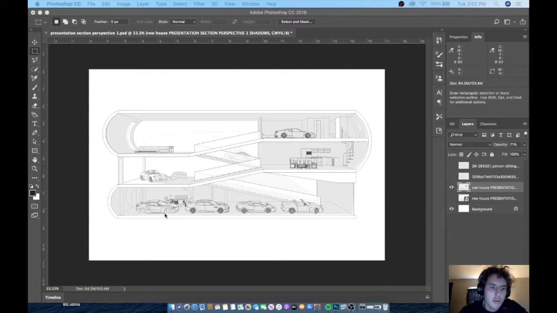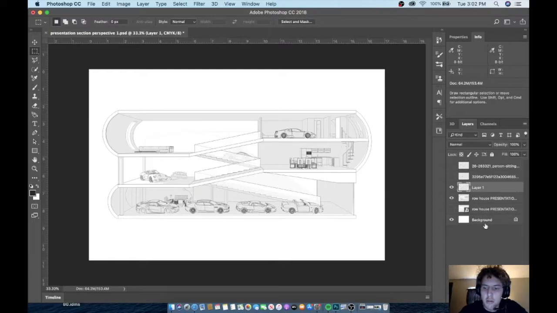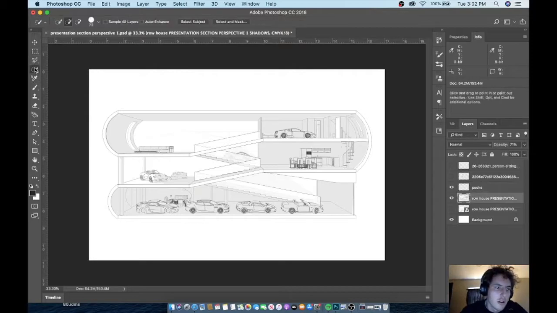Now that we have it in Photoshop, we can easily do this by just creating a new layer. Name this Poche. And then we can go into our image that we're trying to poche and just click over here and grab